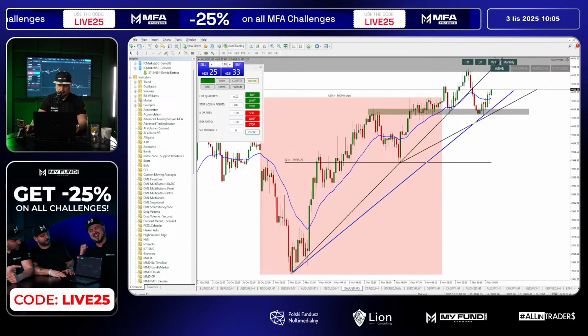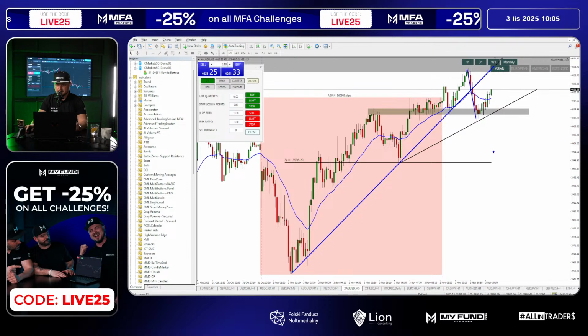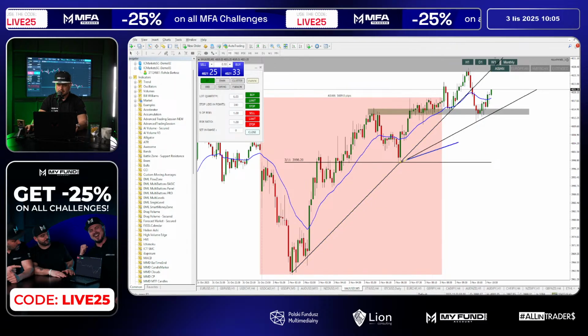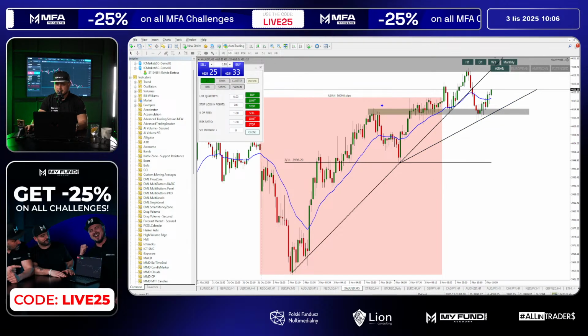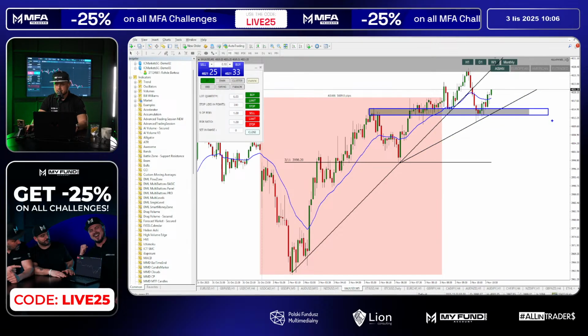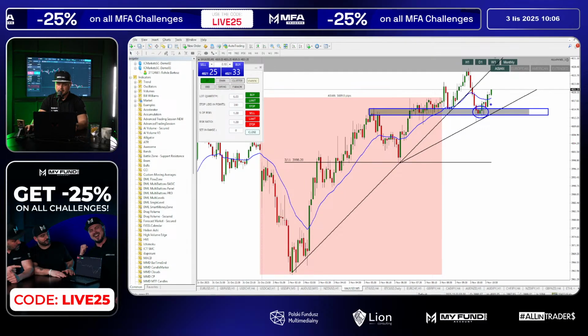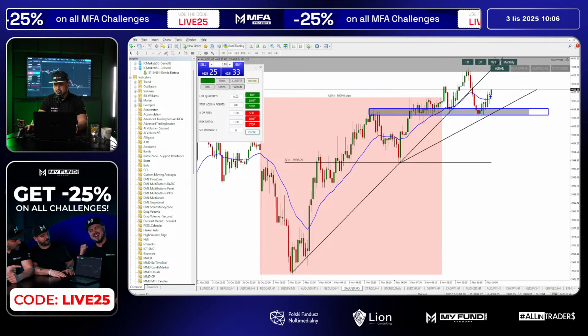In the morning, we had some kind of support line, and price went through this line, which is good, but also we got another support line over here, which is the latest one. And also we got support zone for buyers in this area right here. So we can see the price is reacting. So I want to see what's going to happen.